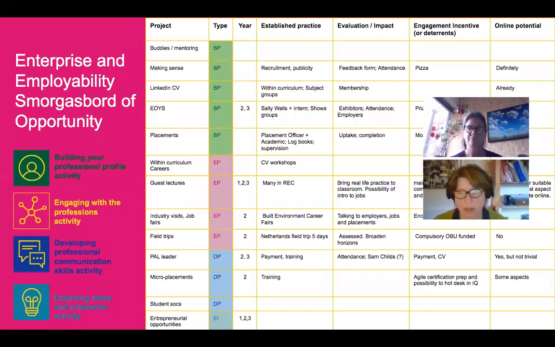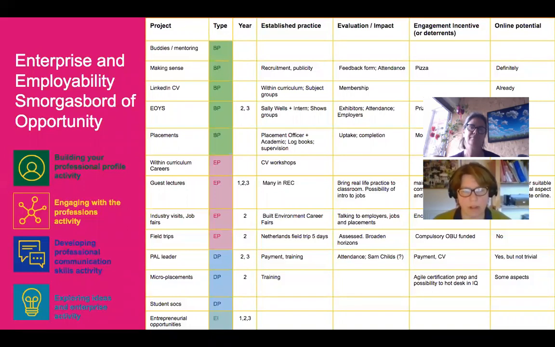So for example, the employability and enterprise opportunities that programs might have, to help other programs think about what they do and what activities they may fall under. We've produced this slide as a resource that's available to people designing their own timeline. It's not something that goes into the timeline itself, but for example,